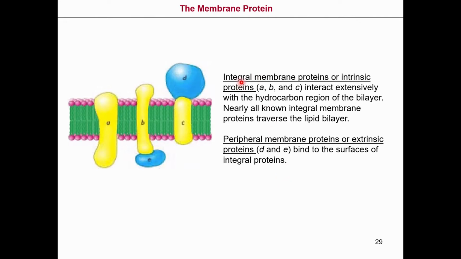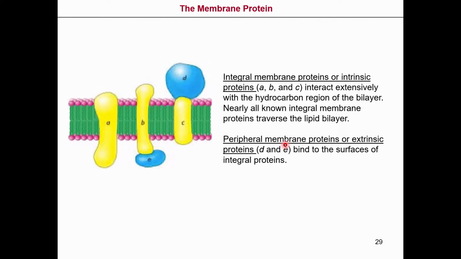To know if you have integral or peripheral membrane proteins, usually we try to solubilize them under different conditions. For example, when you can extract your protein by a solution of high ionic strength,